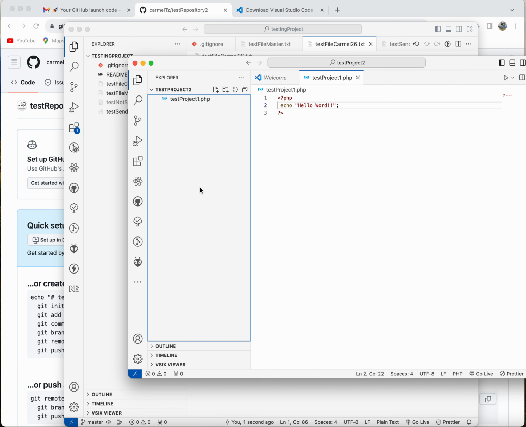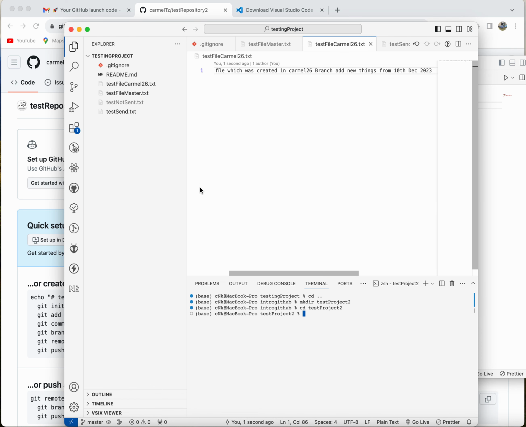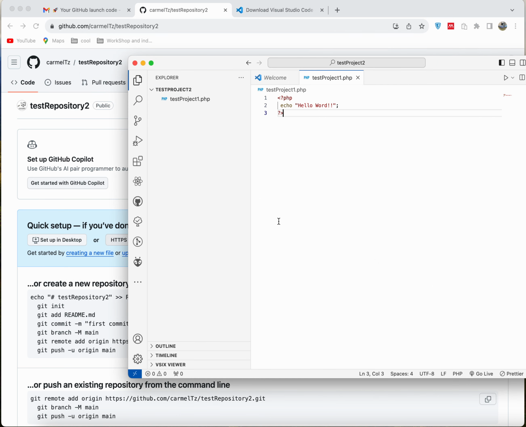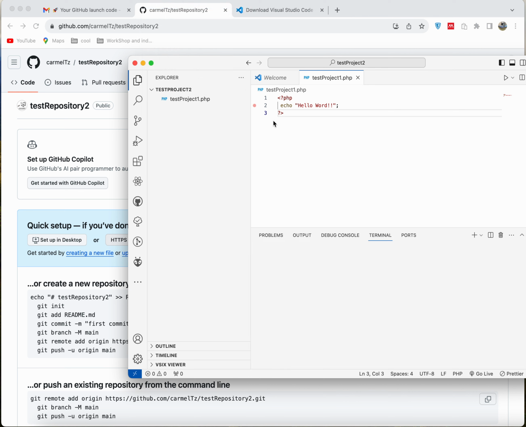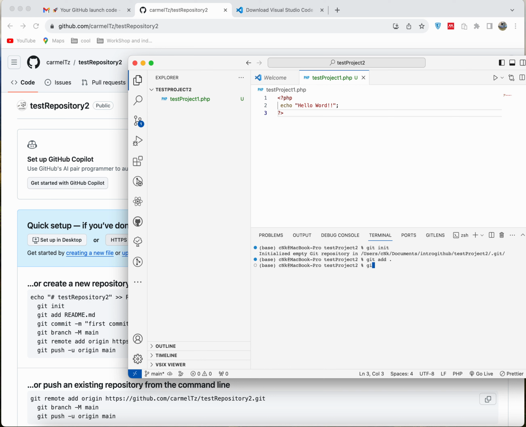Let me open the integrated terminal. Not in that project, I want it here. I come to terminal, new terminal, and I do clear. I do git init to initialize a git folder inside my project. After that I do git add all, then git commit -m. I can call it first commit